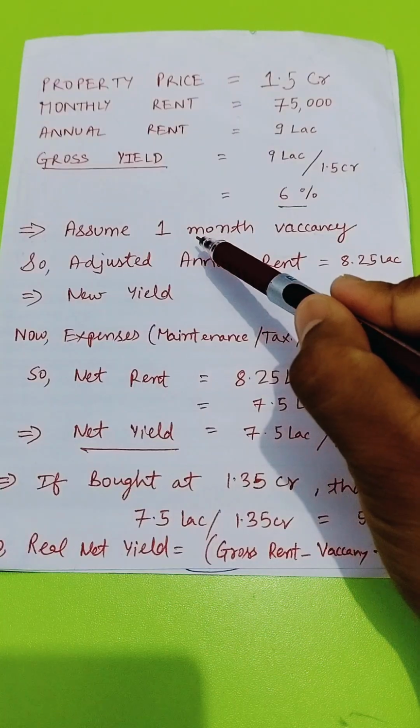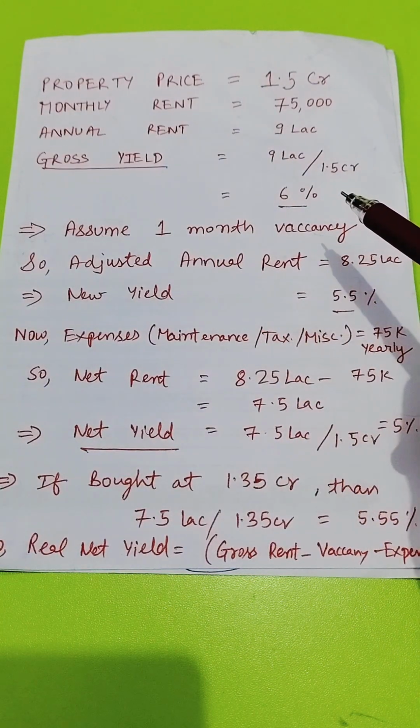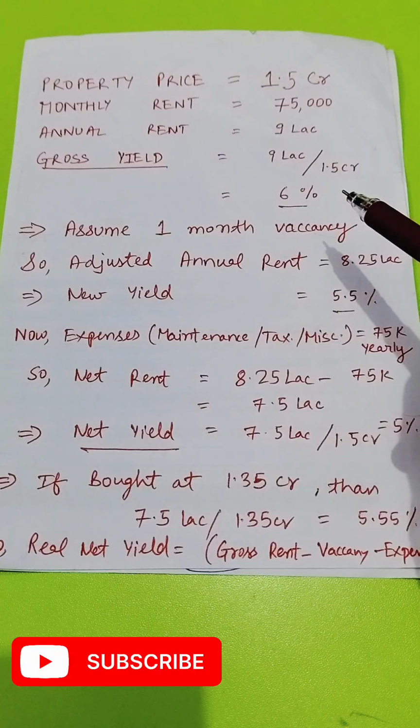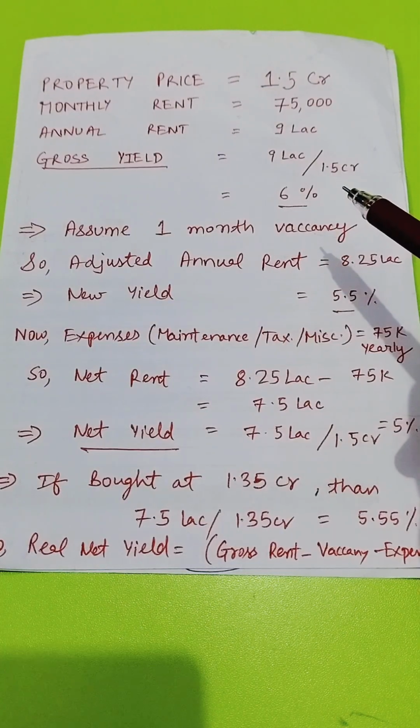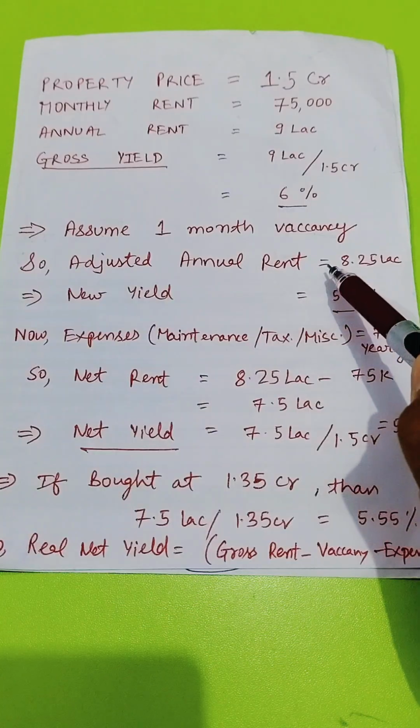Assume we have got a 1 month vacancy. Even in pre-lease property, vacancy risk exists. Lease ends, tenant exits, market slows. So let's assume 1 month vacancy. So adjusted annual rent will be